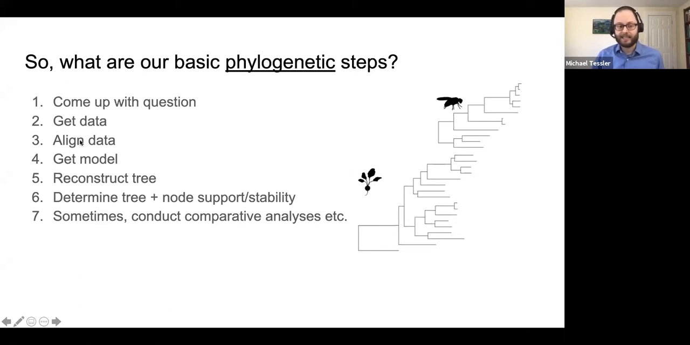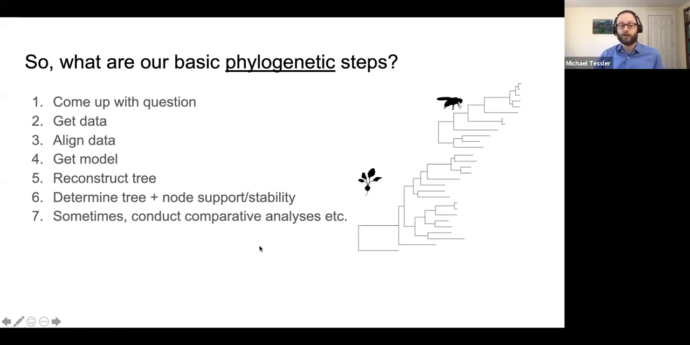We need to align that data. We usually come up with a model if we're using molecular data. We then reconstruct our tree. We determine the tree plus the support for the nodes and how stable they are, right? We want to figure out, is our end result good? And then,